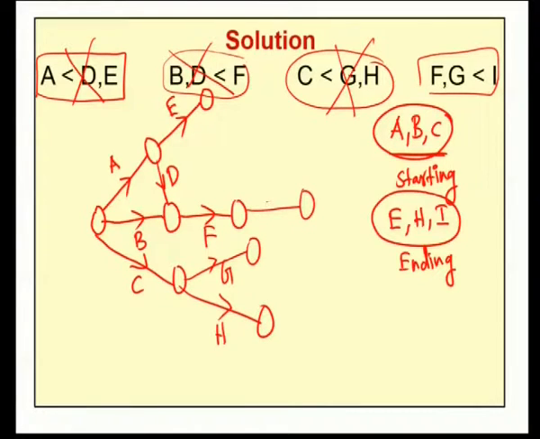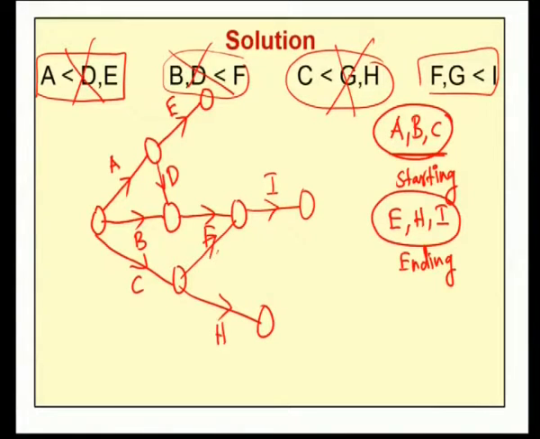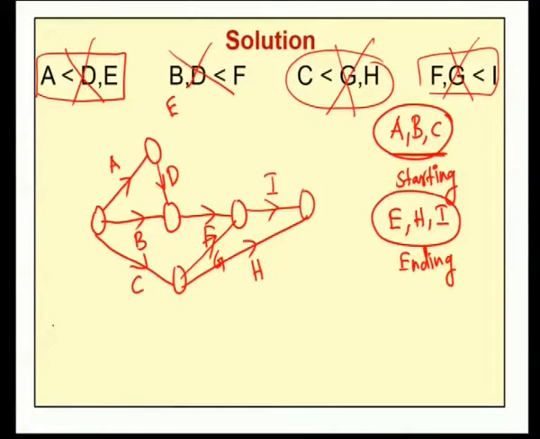So, if we draw this network, if I take this activity as I, then for F the immediate successor is I. Next, for G also the immediate successor is I. Therefore, if we erase this relation and instead of that one, if we draw our G this way, now for the activity I, the precedence relations are F and G. Now in this network all the precedence relations are satisfied, but here the ending activities are E, H and I. Therefore instead of this activity H, if we draw H this way, then it will become an ending activity, and instead of E as this activity, if we draw E this way, then our network schedule is completed.